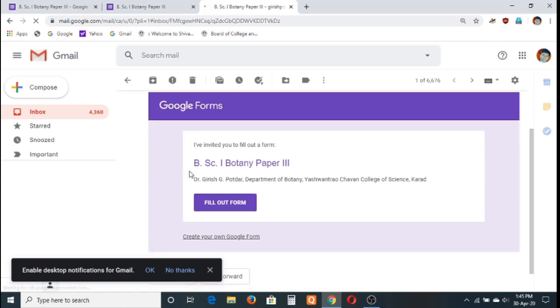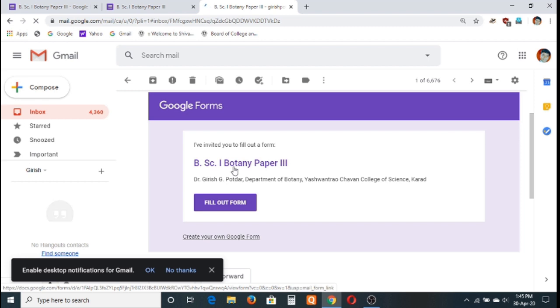And here you can see, the student who is receiving this form by email, he can fill the form by using this option, or if you are sending on the WhatsApp, then he can fill by opening the URL.